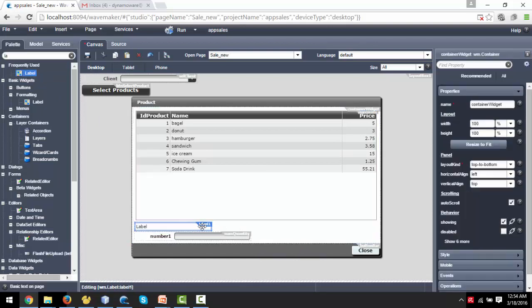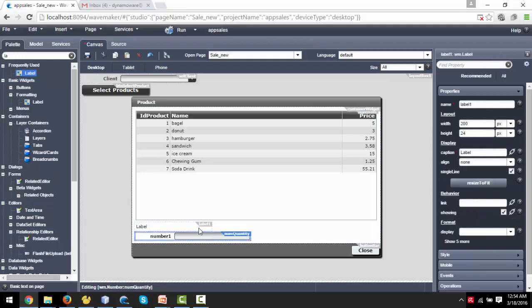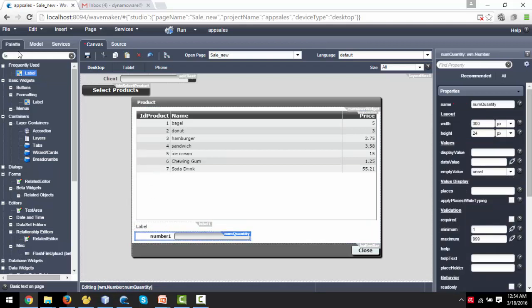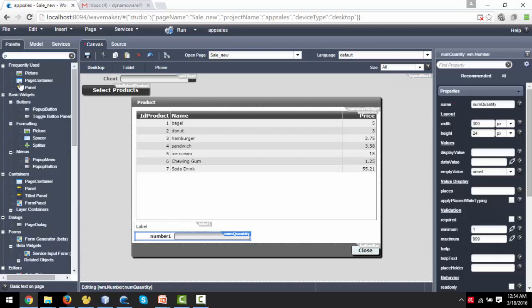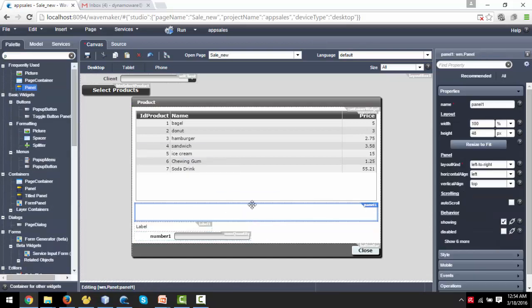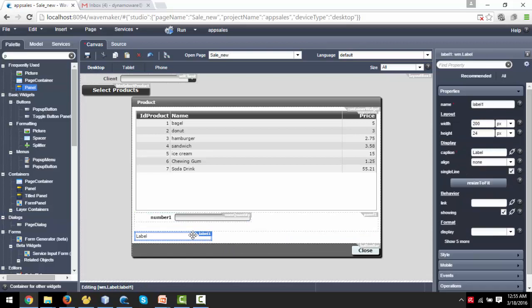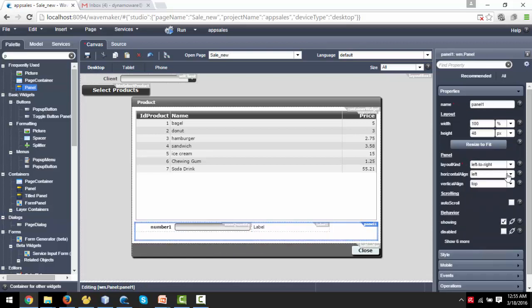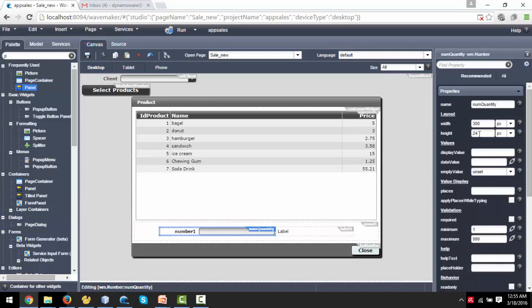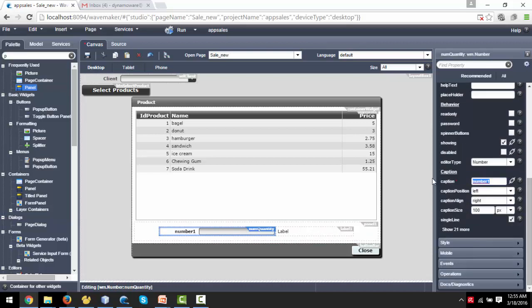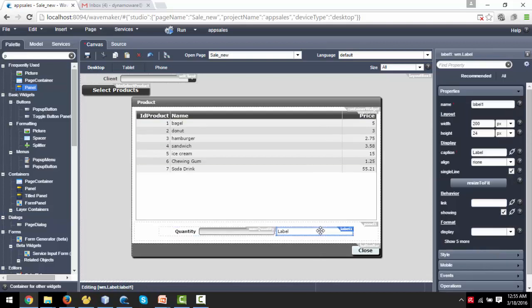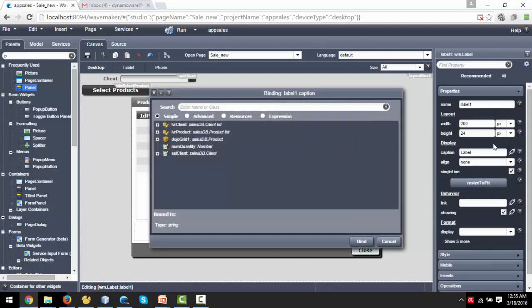Okay, now these things are being ordered one on top of the other. I want to put them sideways. So to achieve that, I want to put a panel in here. Set the panel to the layout kind left to right, and then move my widgets in here. And so we're going to do center, and middle. Great. So we're going to change the caption to quantity, and we're going to set the label to